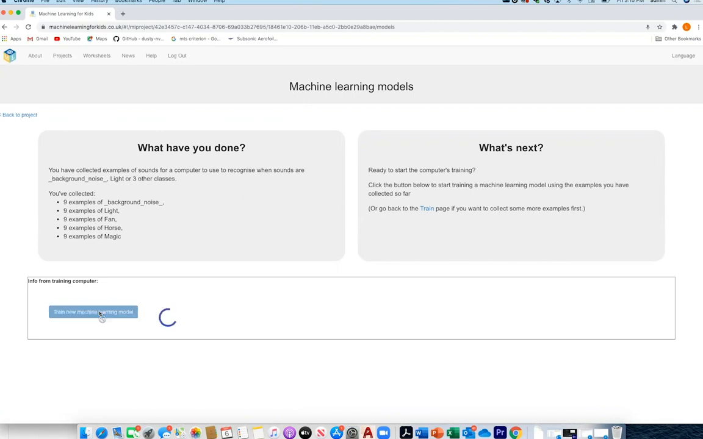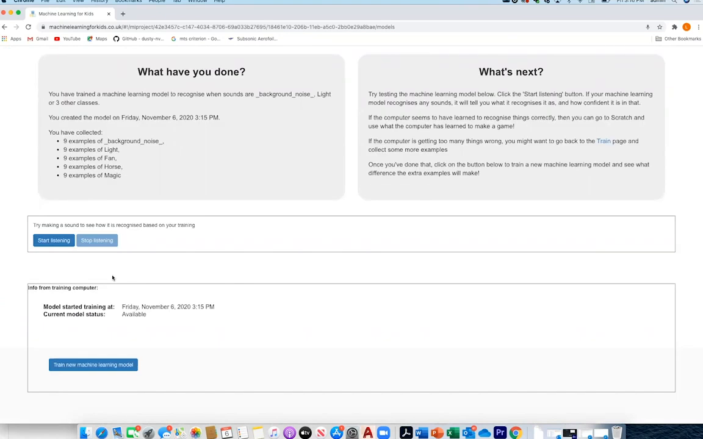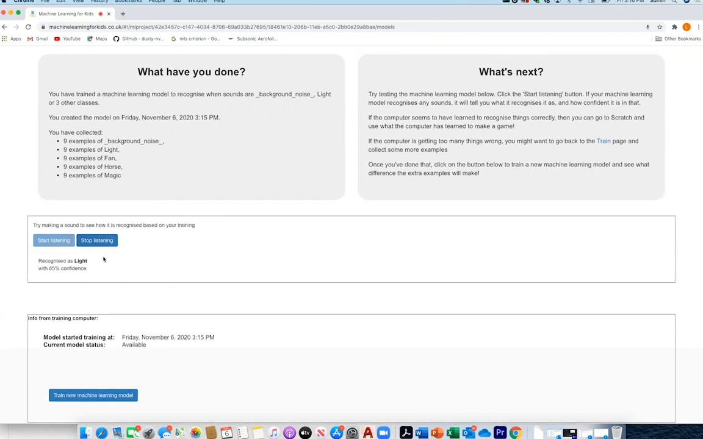It will take some time. When it is done, when it is ready, you will see this option in here. You can click on start listening and then repeat one of the commands that you have before. Fan. So as you can see, it will tell you what command it recognized and then how confident the computer